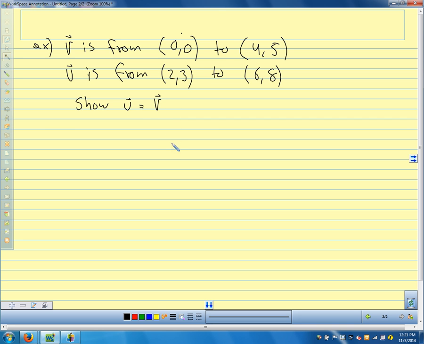So when we want to show that these two are equal, we want to show that they have the same magnitude, they have the same length, and they go in the same direction. So let's find their magnitude first. Magnitude of u